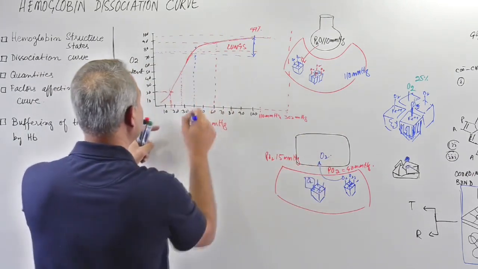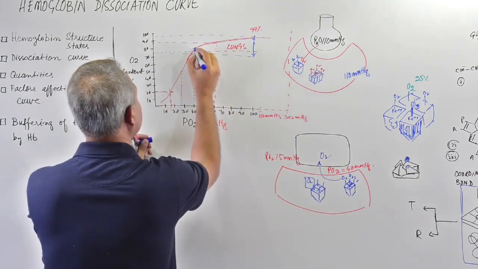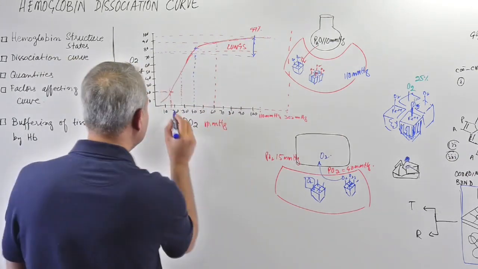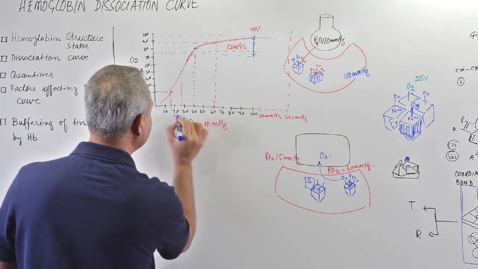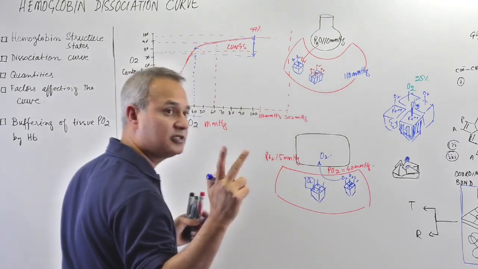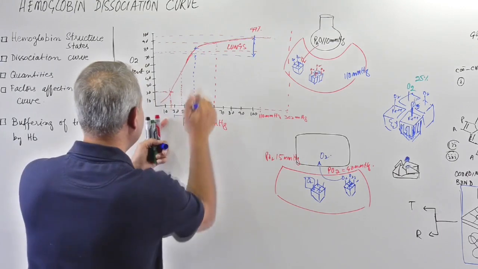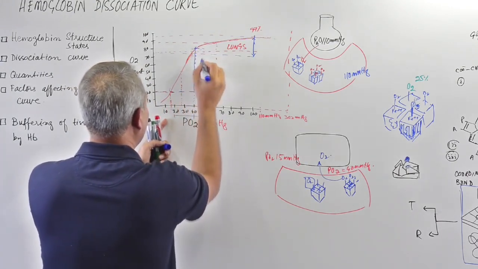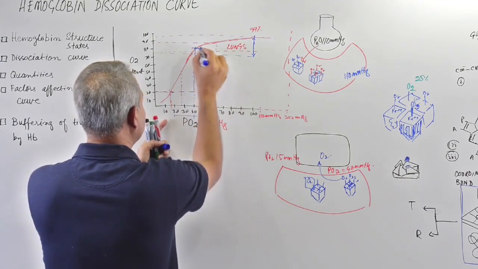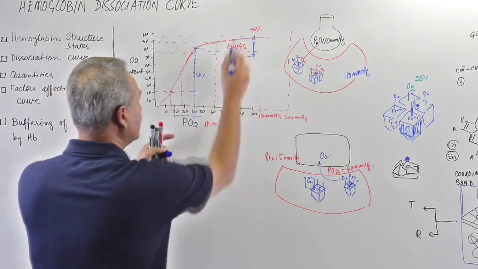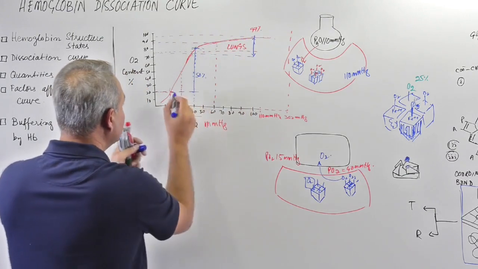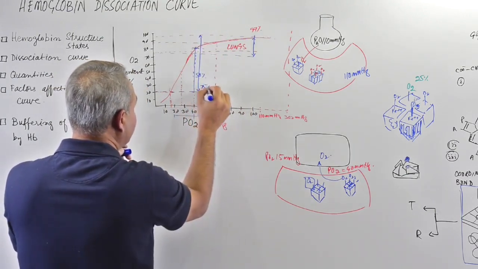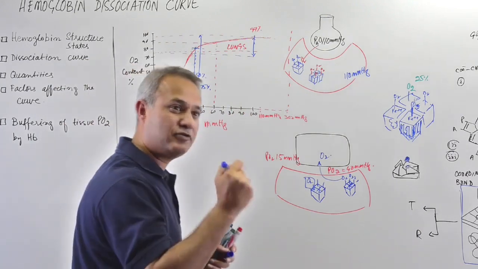How much oxygen? So let's say at 40 we had 75% saturated, 85% saturated. At 20, how much difference between the two pressures? Only a 20 millimeter mercury drop, but with that drop, look at how much oxygen dissociation is done. Almost 50% oxygen from here to here has been given off. So 25% already given off, 50 more. So a total of 75% oxygen is given off. That is the power of this